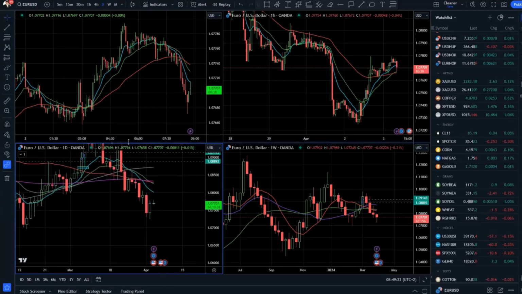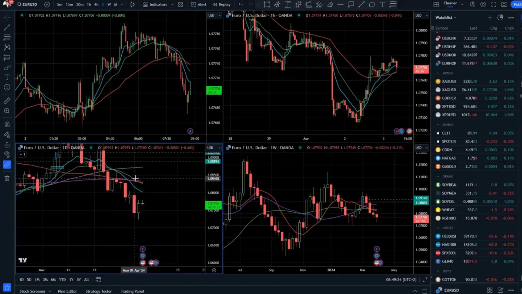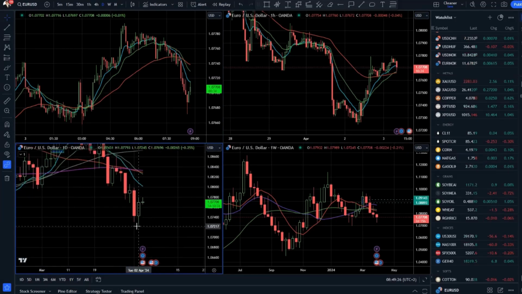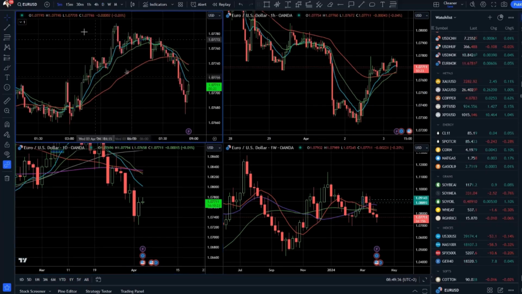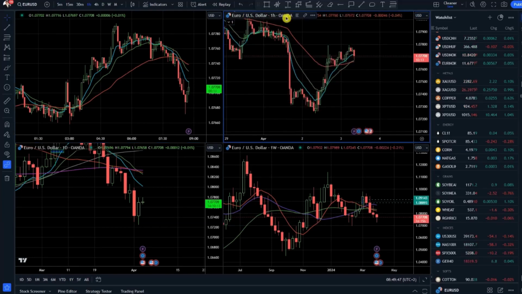What we have here in the bottom left corner is a daily time frame, and you can see that we had an up day yesterday, more like a reaction to Friday's drop on the euro dollar. But so far, on the intraday time frame, like a 5-minute time frame, we had a down break and the market is doing the natural reaction there. The weekly time frame is already showing a lower low and lower high. So from my view, this can be the end of this potential